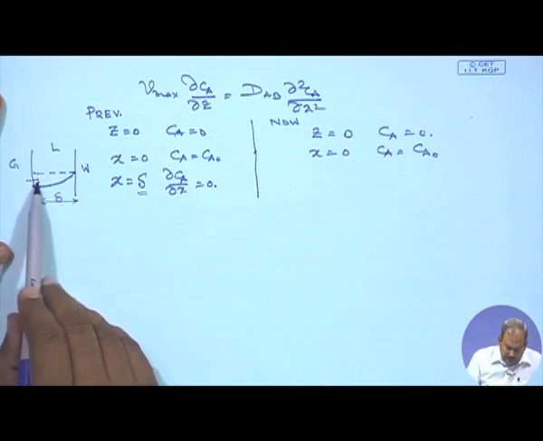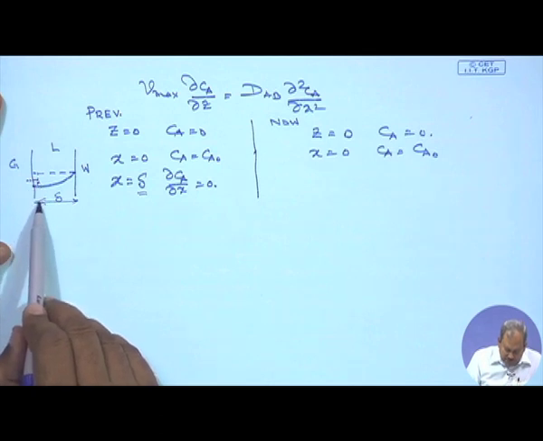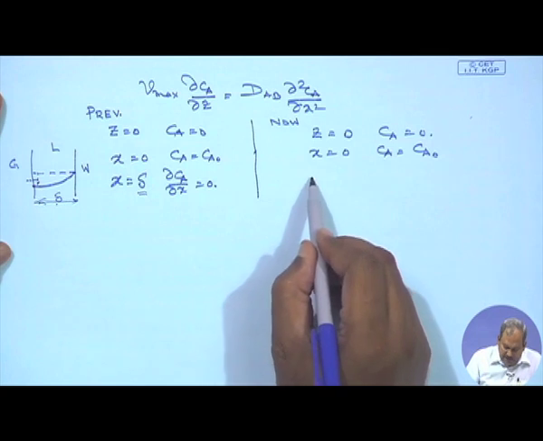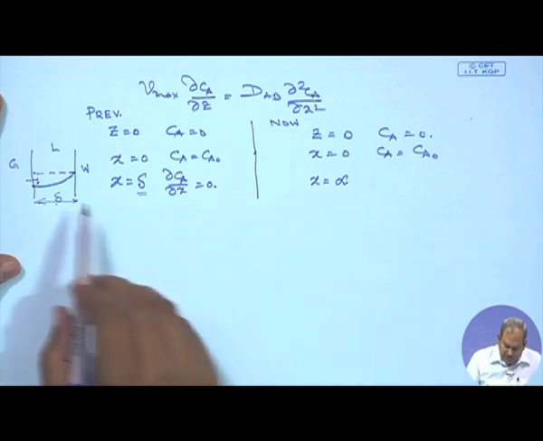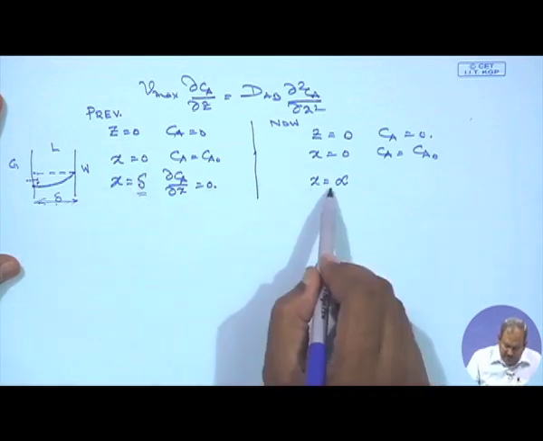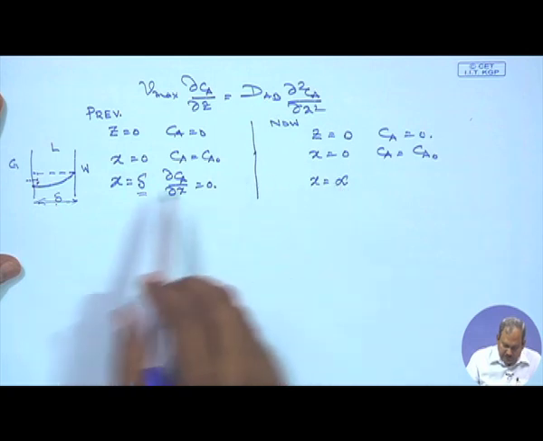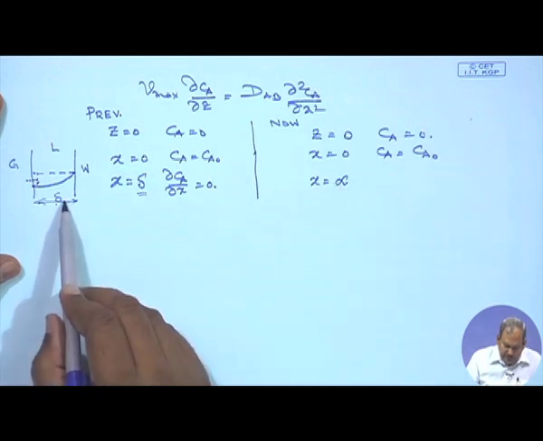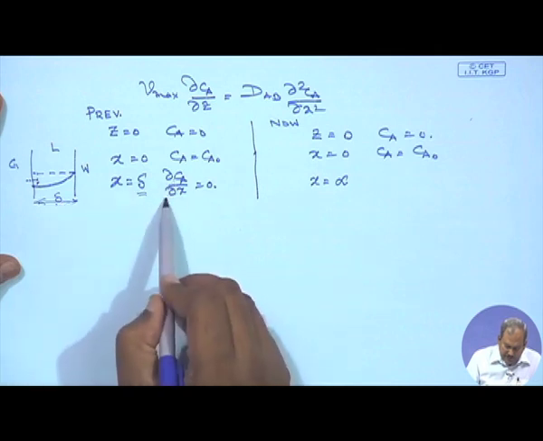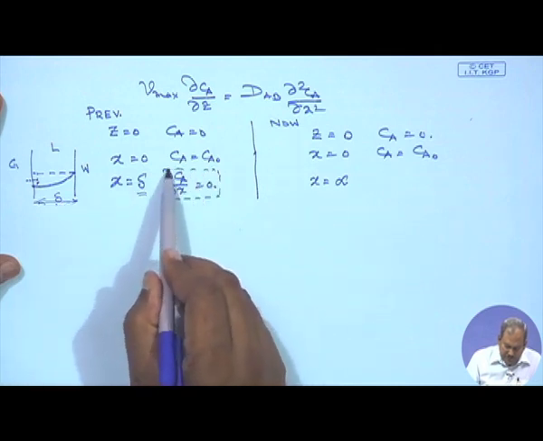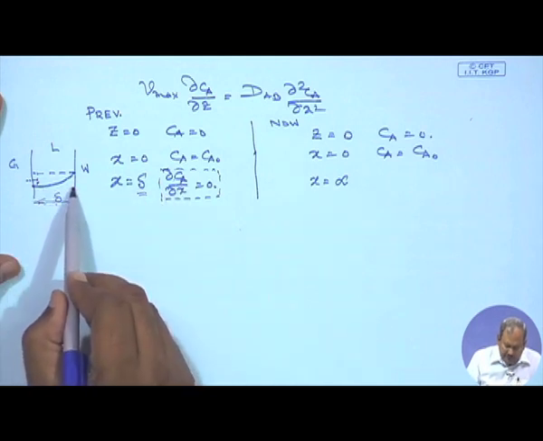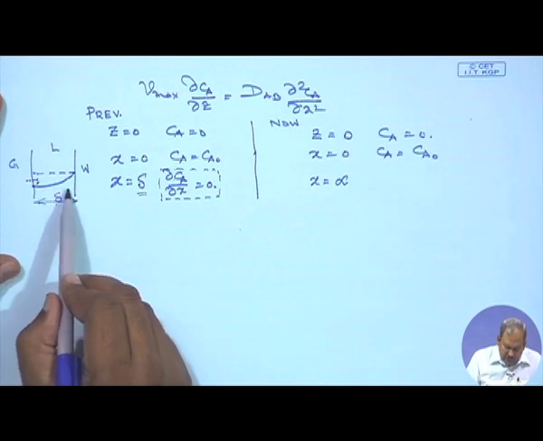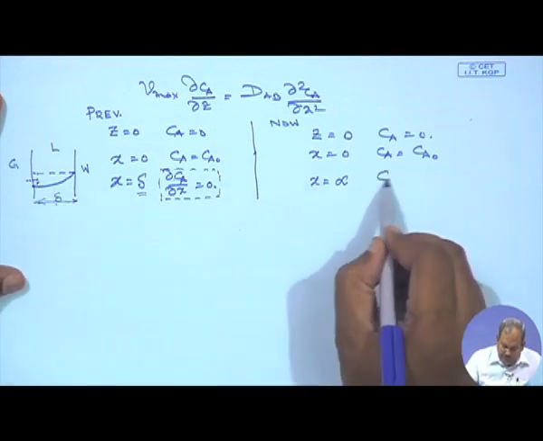Since the A molecules cannot go far into the film, for the diffusing molecules this delta is close to x equals infinity. So, delta is essentially infinity to the diffusing A molecules. And what is the condition that we should use for x equal to delta? This equation is no longer valid, it is meaningless, since no A exists at that point. So, we will use the same condition as we have done for boundary layers,